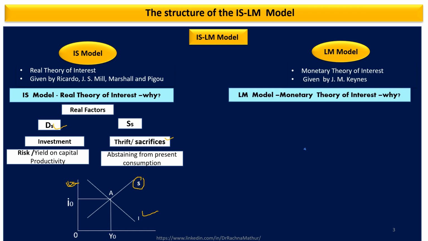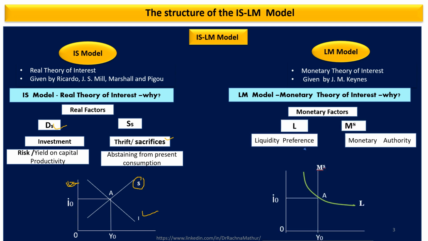Whereas the LM model is called the monetary theory of interest. Why? Because the interest rate is decided by monetary factors, that are liquidity preference and the supply of money. In this figure, the liquidity preference curve shows the demand for money inversely related with the rate of interest, and the supply of money is a vertical straight line. The interest rate is decided at point A, where the demand for money and the supply of money are equal. So now it is clear